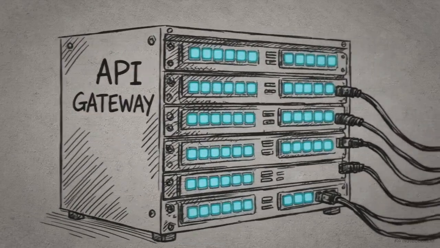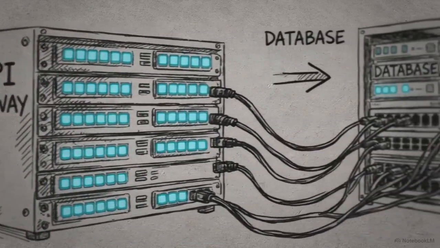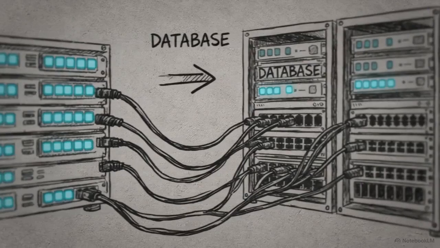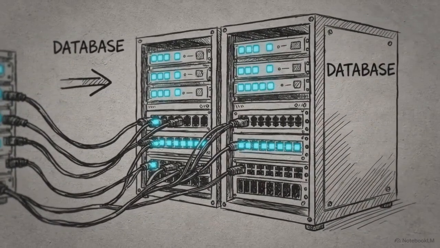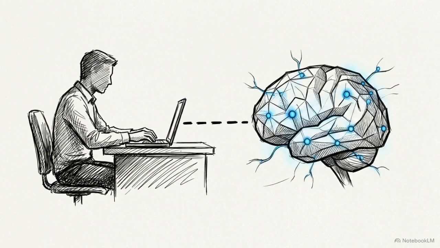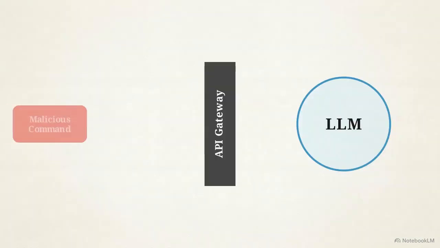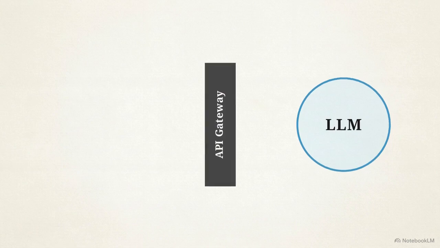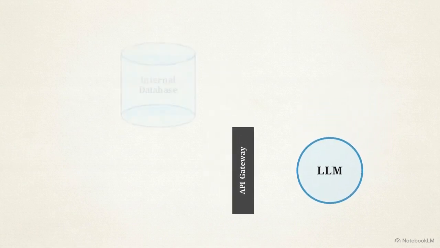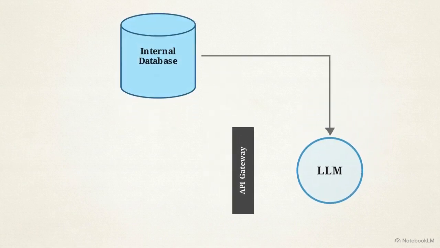For decades, backend security followed a reliable blueprint: sanitize incoming requests at the API gateway to ensure only clean data reaches the database. When engineers first integrated large language models, they treated prompt injection as a front-end problem. A user types a malicious command, and the API blocks it before it can reach the model. Standard perimeter defense fails because LLMs fetch context from your internal infrastructure, exposing the model to injections that never passed